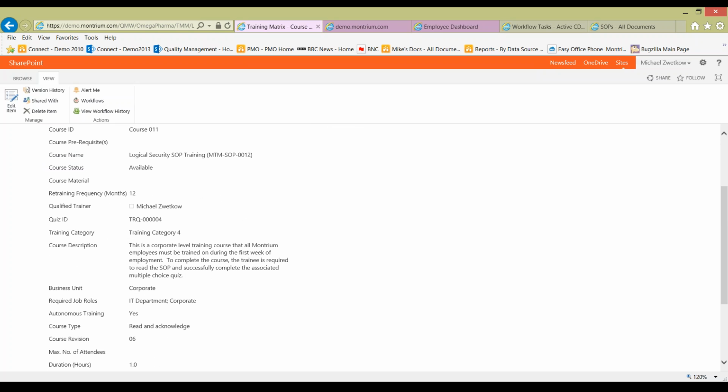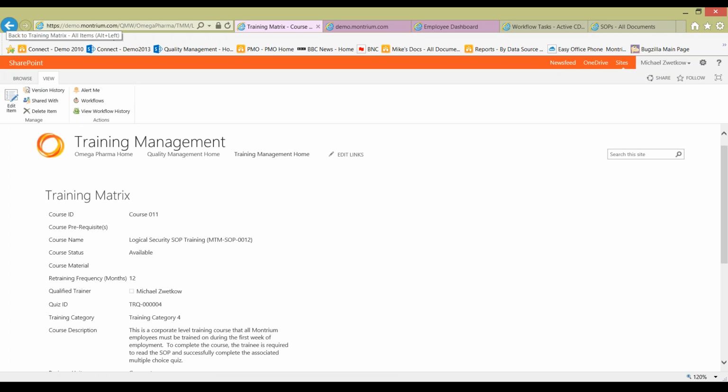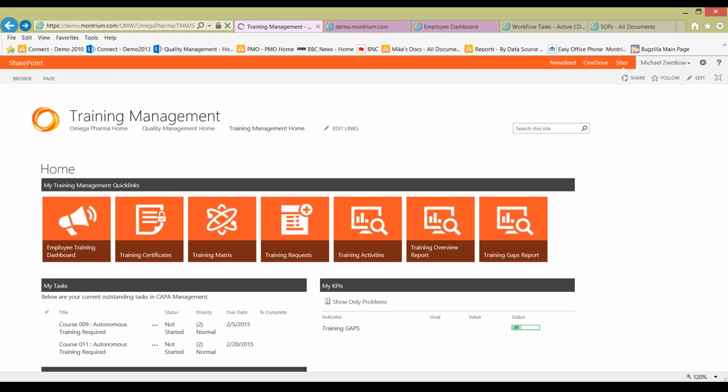Now, one of the most important attributes here is the required job roles. So this is where we link the different courses to job roles, which is what creates the association between an employee eventually and the required training. So because an employee in the system would have a job title or a function that they perform, we can link that function to various job roles, and that's how the system determines who needs to be trained. So basically, as part of my job title, I have IT department and corporate as job roles, and so it knows that I need to be trained on this procedure, on this particular course, and it'll go through and scan anybody who has those particular job roles in their